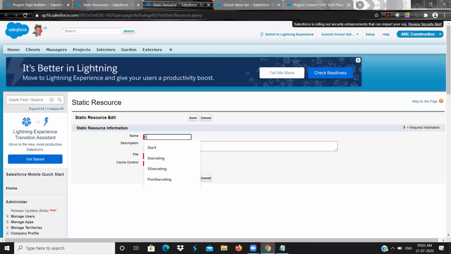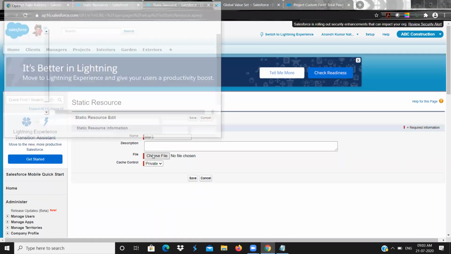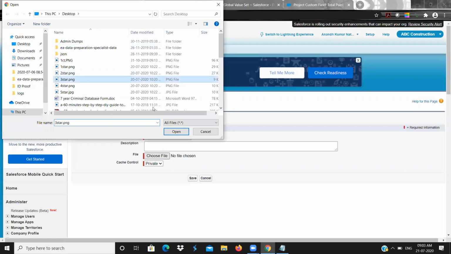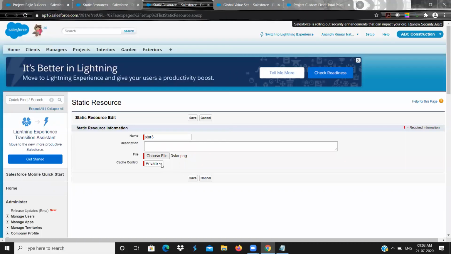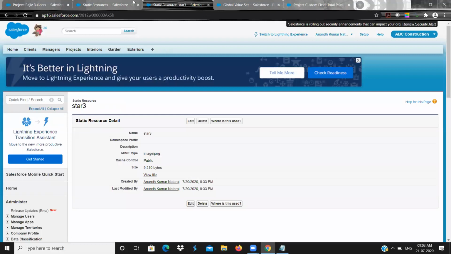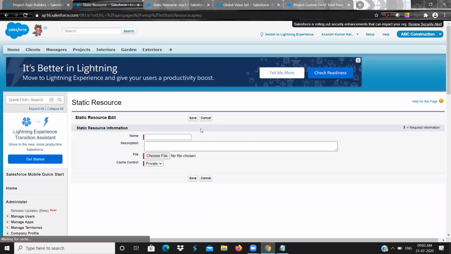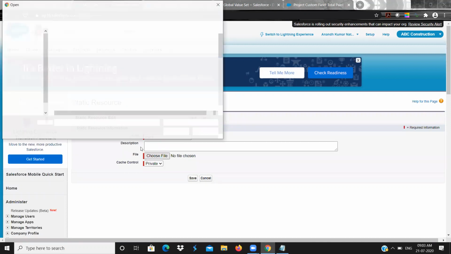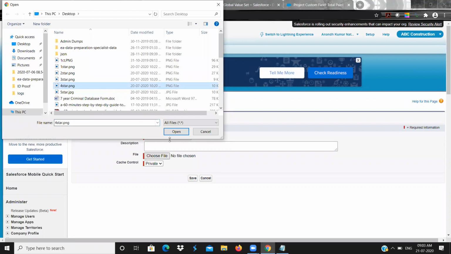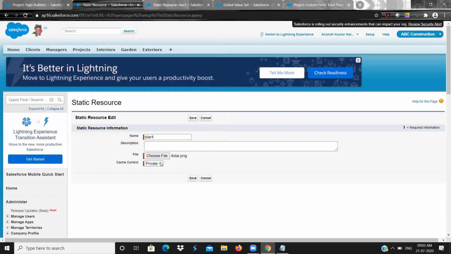Okay, *3. I added one image, that star rating. So give cache control as public. And then new, oh sorry, *4, choose file. So again 4 star.